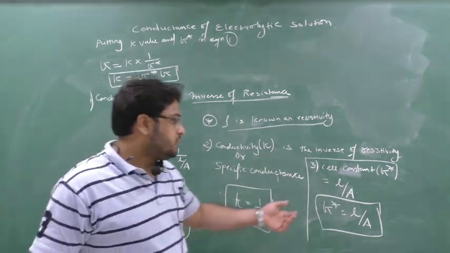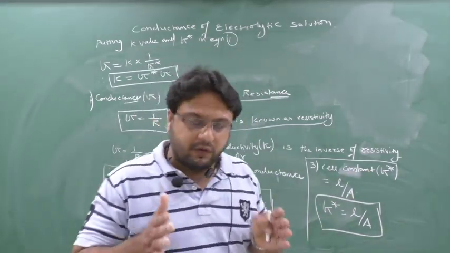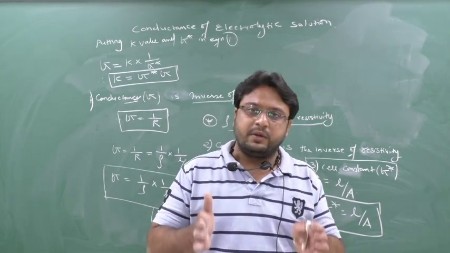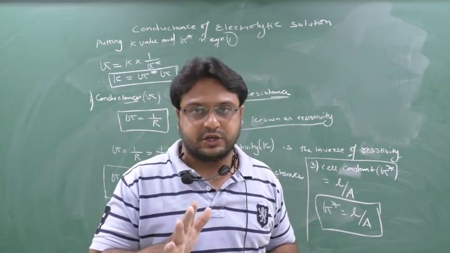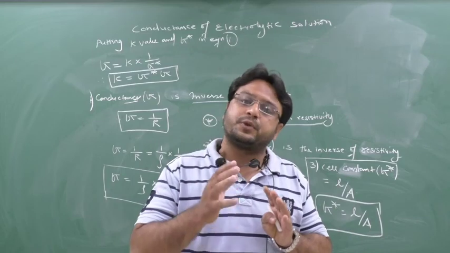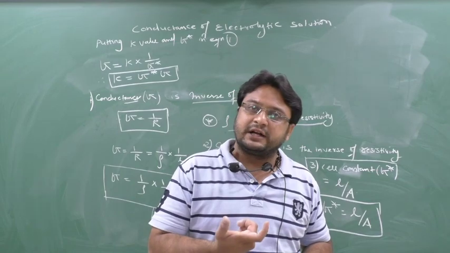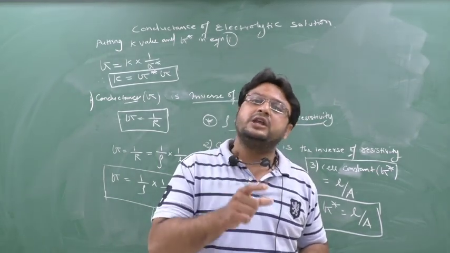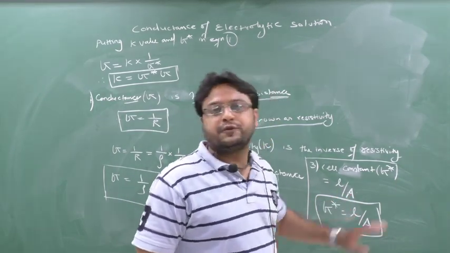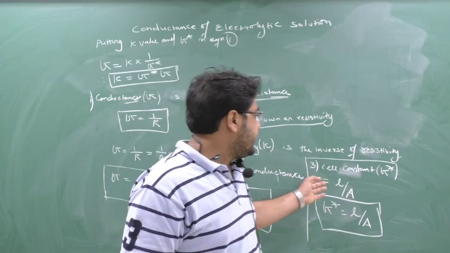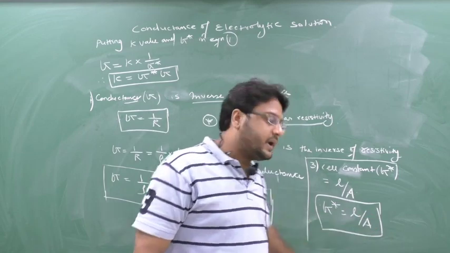Now one more new term we are going to study, that is the cell constant. Why cell constant? Whenever you are making an electrolytic cell, in that electrolytic cell the distance between the electrodes is constant. Once you made it and start the process in that electrolytic solution, we consider the distance between electrodes L to be constant and the area of electrode to be constant. That's why L is constant and A is constant for a particular electrolytic cell. That's why I have taken it as a cell constant, and cell constant is indicated as G star. So G star equal to what? L by A. Clear this part?